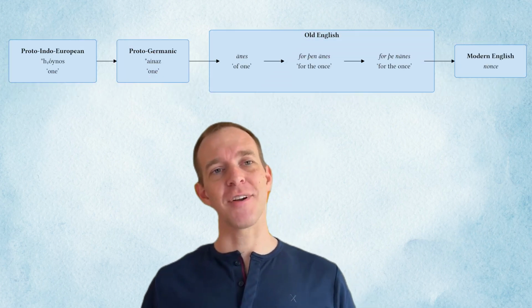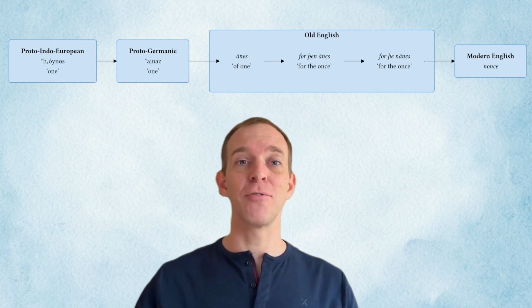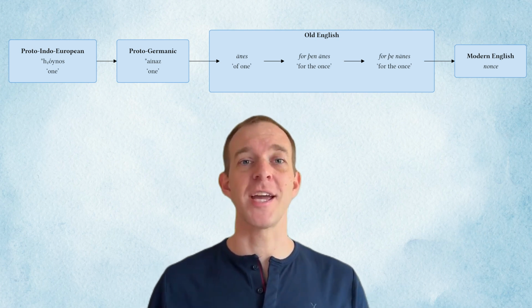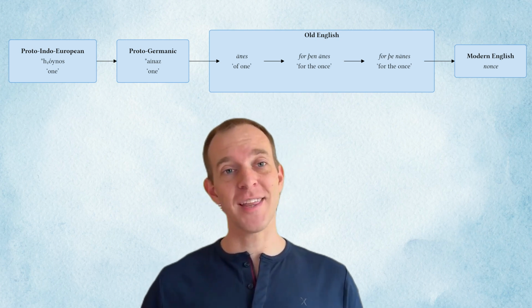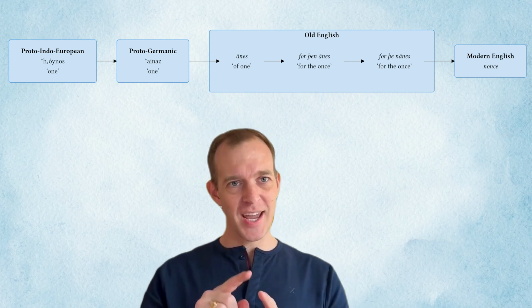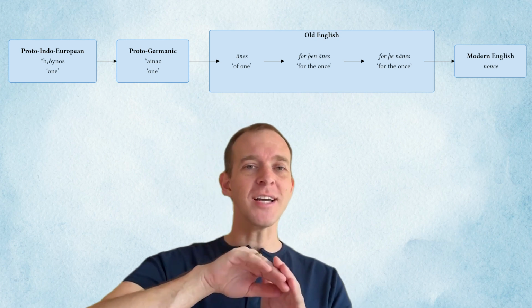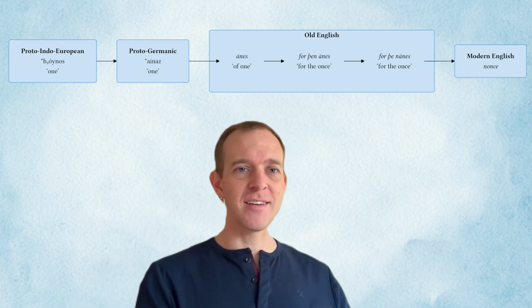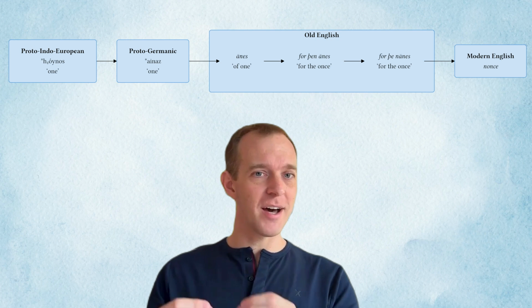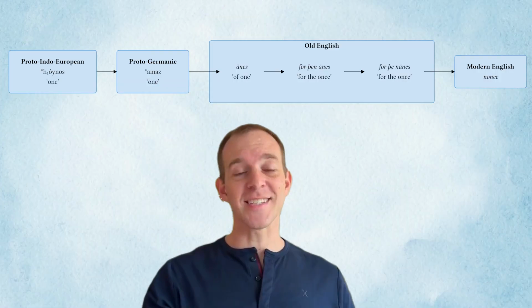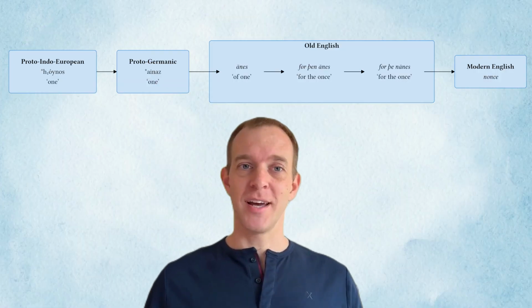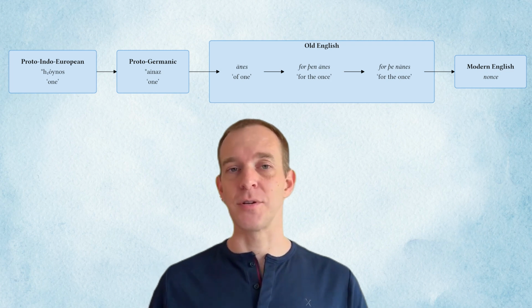Anes was also used in the phrase for then anes, which meant for the once, meaning on this particular occasion or in this instance. The word then in that expression is actually an old form of the word the. But many speakers heard that n at the end of then as belonging to the word anes instead of then. So the phrase became for the nanes instead of for then anes. This is what's called rebracketing, where a sound is reanalyzed as being part of a different word. The word nanes then came down to us in modern English as the word nonce, which means occurring only once or used only once.